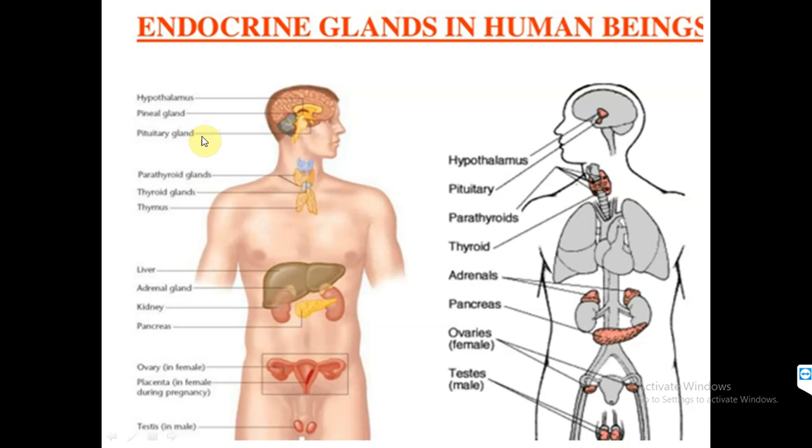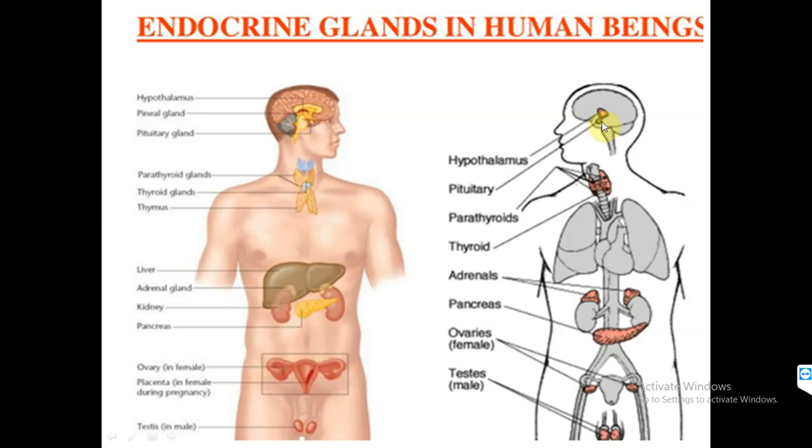So now the pituitary gland is divided into two lobes. In this picture you will be able to see that two lobes are present. One is a little bigger and the other one is smaller. The anterior lobe is called the adenohypophysis. Anterior means present at the foremost position, and the posterior lobe is called the